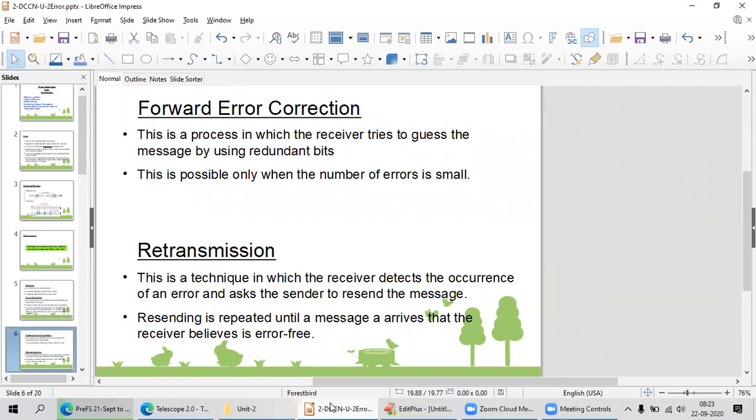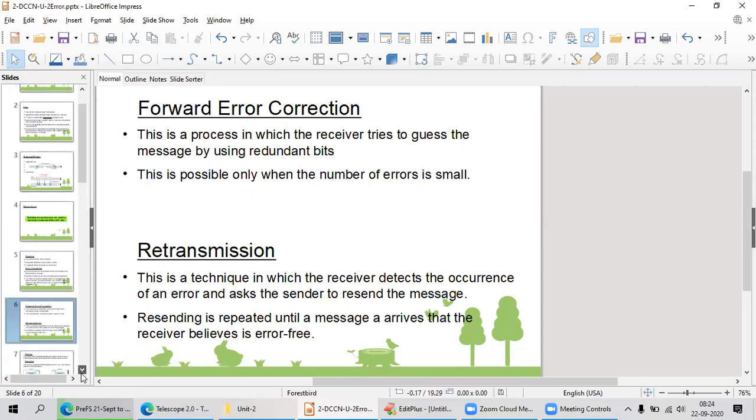Next, retransmission. Whenever I find that I got an erroneous message, I will just send an acknowledgement to my sender: please resend, I did not receive the proper message, I received the erroneous message, please resend the message. In this case, the sender again transmits the frames to the receiver. Simply retransmission of your information.